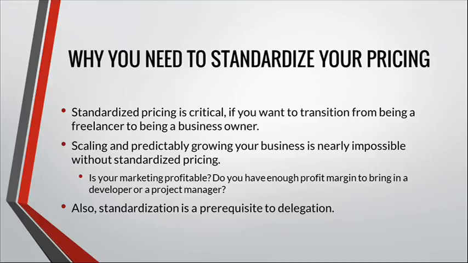You know that each website is $5,000, or maybe you have a $2,500 package, a $5,000 package, and a $10,000 package. And you know that each of those packages has a 50% profit margin. Well, it's very easy to think, okay, I need two of those $10,000 packages this month to get to $20,000, or I need 4 of the $5,000 packages to get to $20,000. You can predict the growth and you can figure out how much you need to spend on marketing to get those projects. And it's really the first step to having a business that you can scale and predictably grow, is having that set pricing.